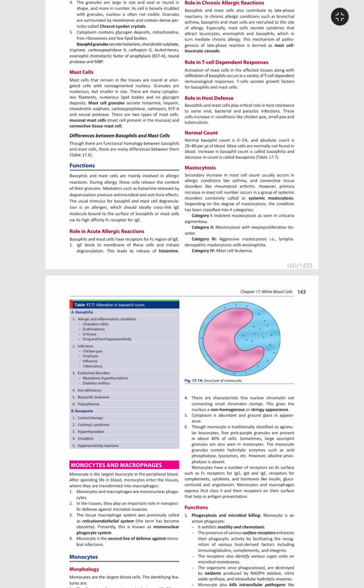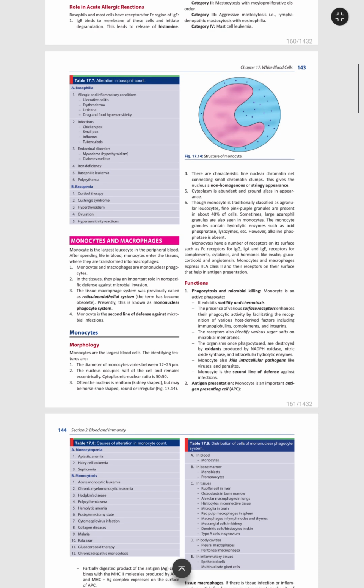Basopenia occurs in Cushing syndrome. Eosinopenia also occurs in Cushing syndrome, and so does basopenia. Cortisol therapy is given, same as glucocorticoid therapy. Yeah. Now let's talk about